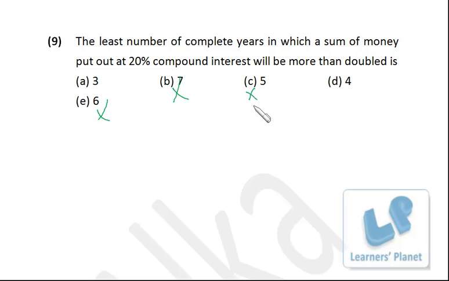So in case of compound interest this doubling will be done in some less amount of time, I can say. So that will definitely be 4 years. Okay, because in case of 3 years, as far as simple interest is concerned, it is just 60%. So if we add the compound interest portion, still it will not be able to reach 100%, right? So 4 is the correct choice. Okay,